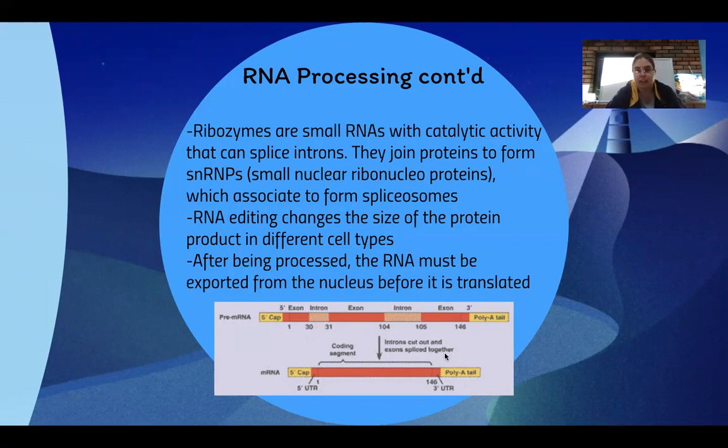RNA editing changes the size of the protein product in different cell types because we are taking out sequences of bases. If we are taking out sequences of bases, that means we are taking out codons. Because remember, a codon is 3 bases in a row, and 3 bases in a row, the codon, codes for 1 amino acid. So if we're taking out codons, that means we're going to have fewer amino acids in the final product